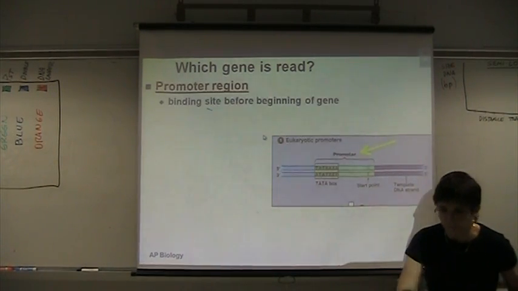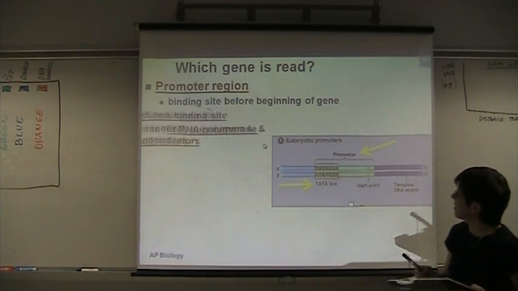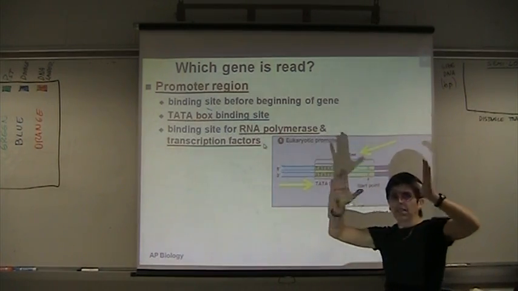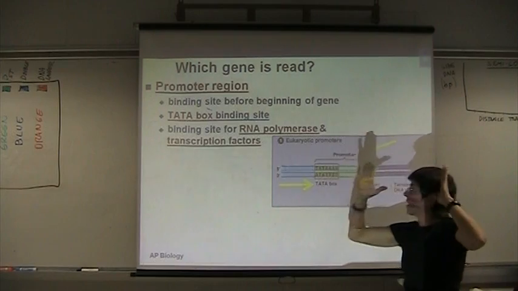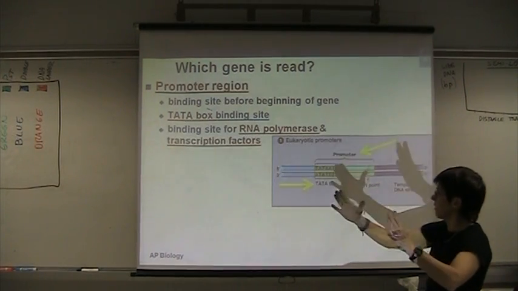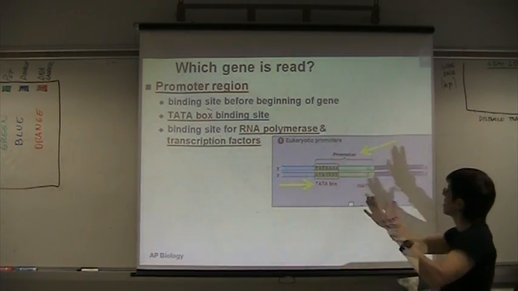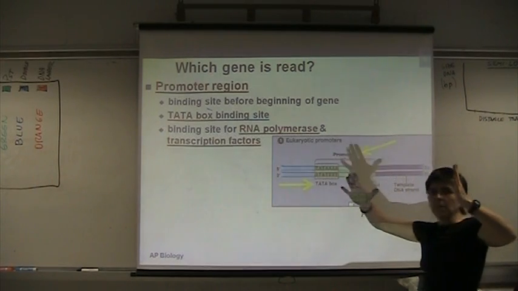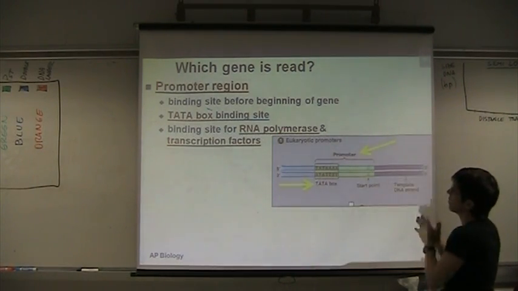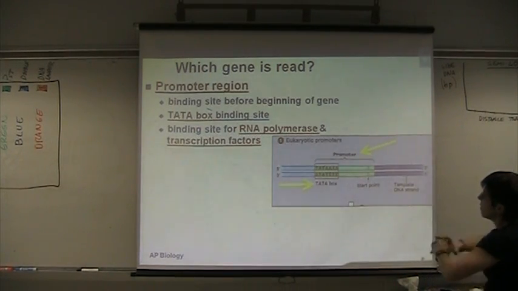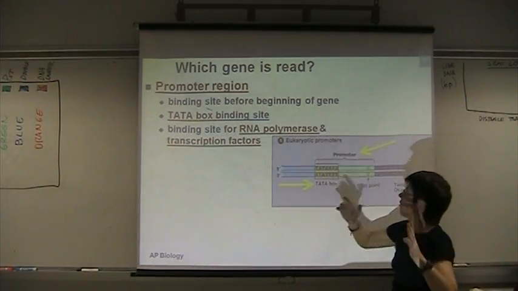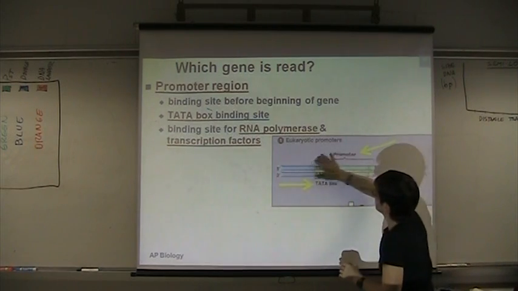Now genes. Please notice that a gene is just a segment of DNA with the information for one trait. It can be any trait, but it's a segment of DNA with the information for a trait. Now, in this segment, there is more, and that is the code for amino acids. There are other things there that we'll learn later, but a particular gene always is going to have a beginning